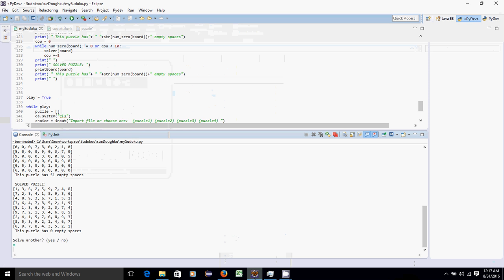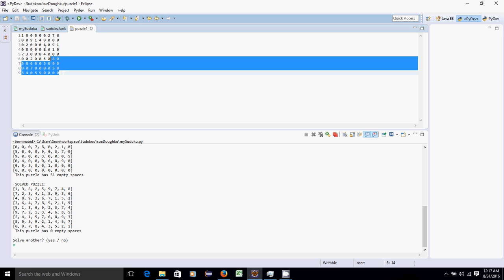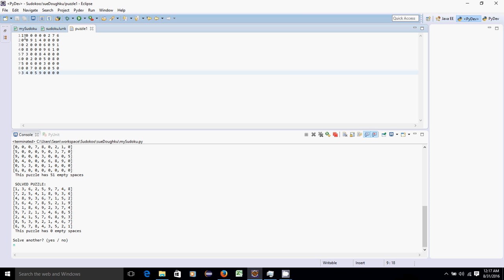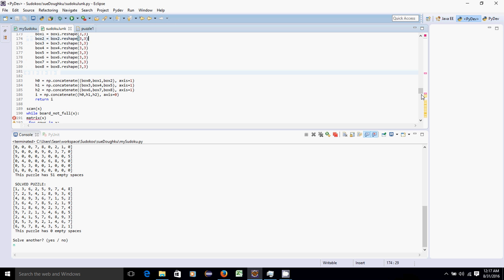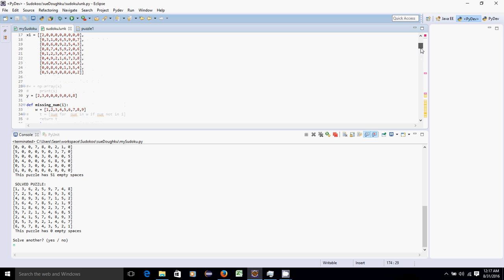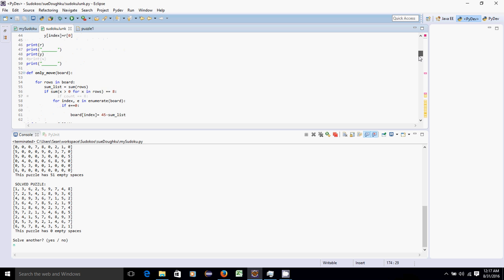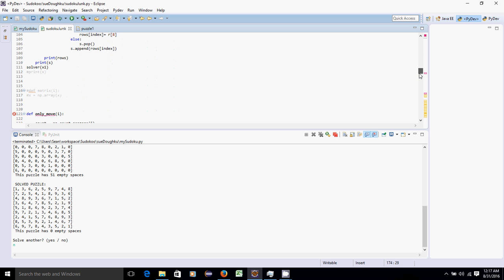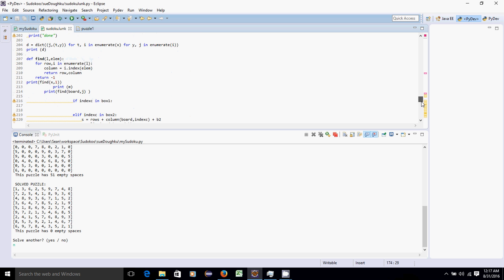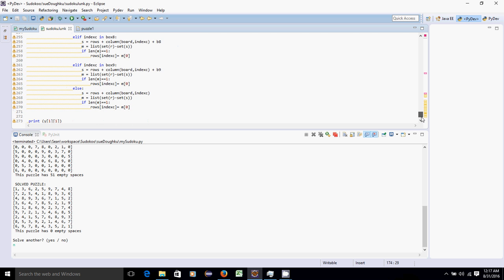I'll show you the file type, or the structure of the file for the puzzle. This is puzzle 1. This is how I have it set up. This is what it needs to interpret. And the Sudoku junk over here is just all the trash that I threw out while working on this. This is just my musings, putting things down, seeing what works, seeing what doesn't, before I came across my actual